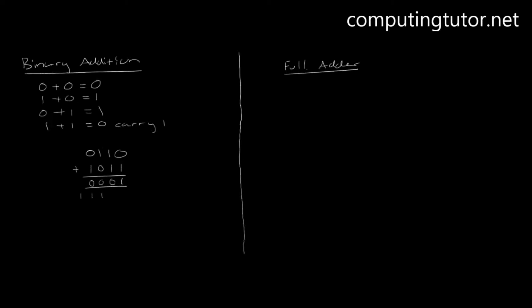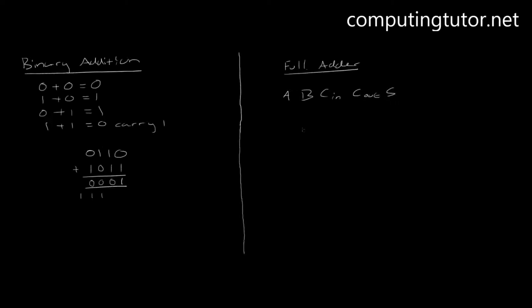So the difference between a half adder and a full adder is the full adder also takes account of values that are carried into the calculation as well as the carried out. So with the half adder we had a carry output. With the full adder we've got two inputs, A, B. We've also got a carry in, so we've got C in, and we've also got C out